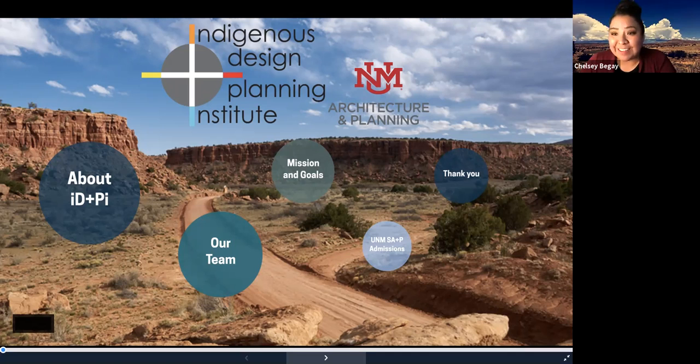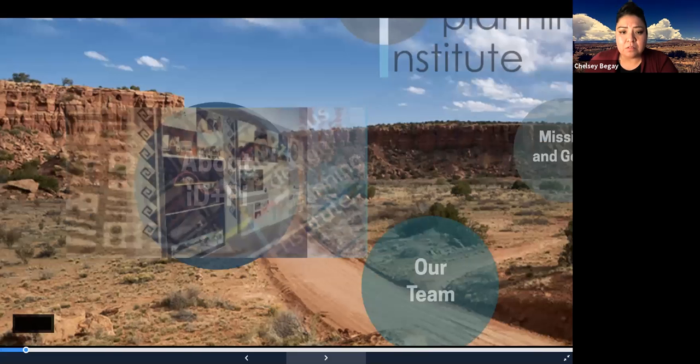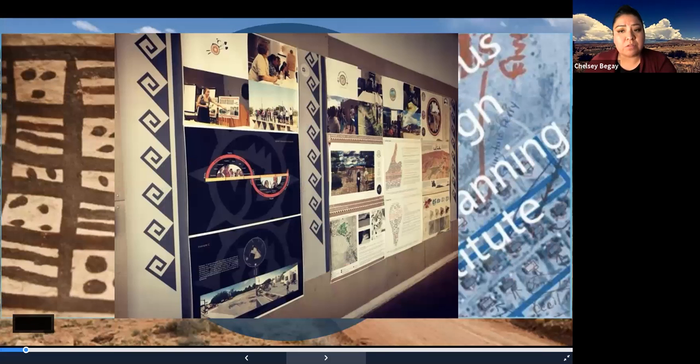You can see the Sandia Mountains, which is one of my favorite places to study and to hold group meetings. So a little bit about ITPI. These are some of the posters that we put up when students visit our school and our space. We like to show off some of the work that we have done throughout the years.